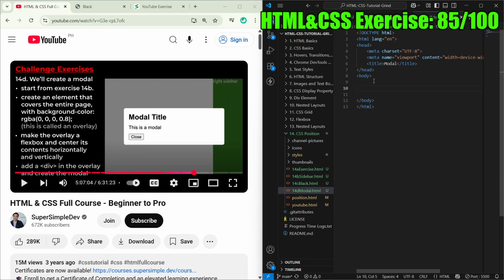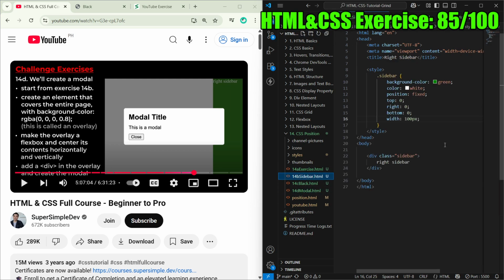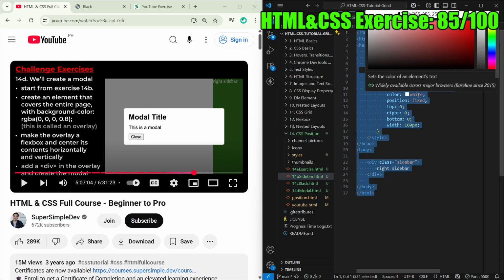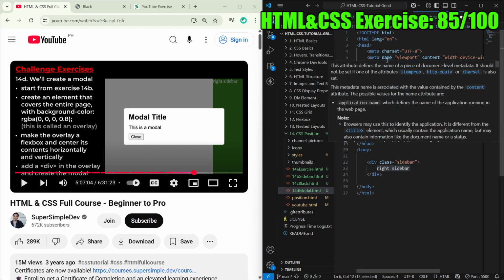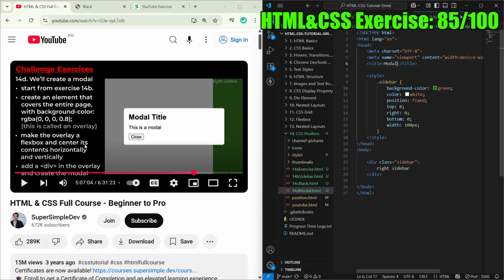Okay, from 14B, I'll be copying your styles. Okay, modal. Create an element that covers the entire page with background color. This is called an overlay. Okay, so div, class, overlay, and then I'm gonna put that overlay